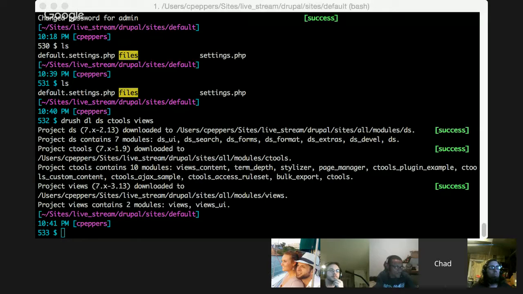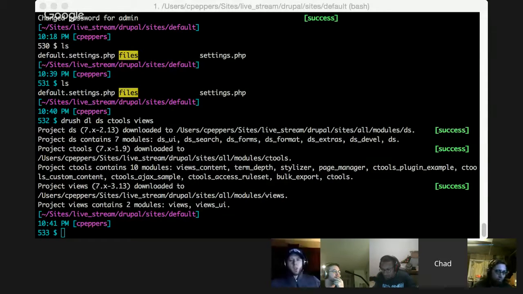I mean, we can go into more detail, but something I liked about that was the fact that it's an intelligent enough tool that it's only grabbing the modules that are most compatible with your current installation of Drupal. So that was nice. It keeps people from having to go and search all over and make sure they're grabbing the right ones.